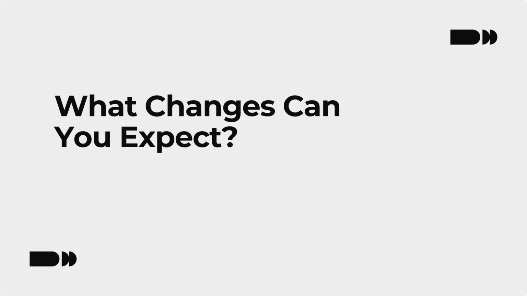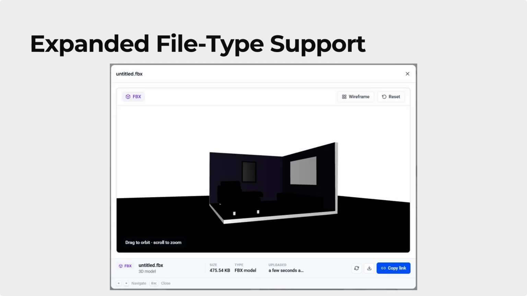We're making it easier to inspect files without leaving the media library. You can now preview many more file types directly in the existing preview modal, with no download required. Let's check the changes. The media library now supports in-browser previews for 3D models, Word documents, PDF, Excel, CSV, text,